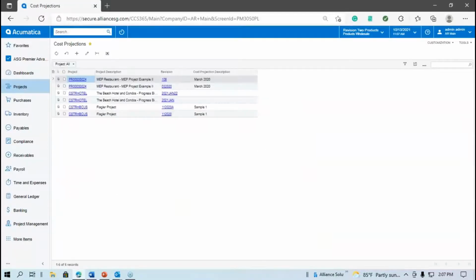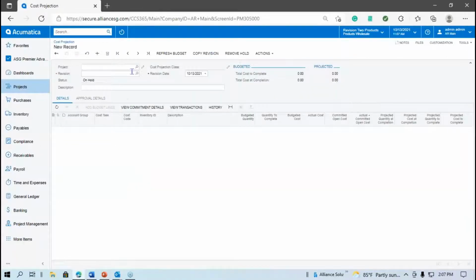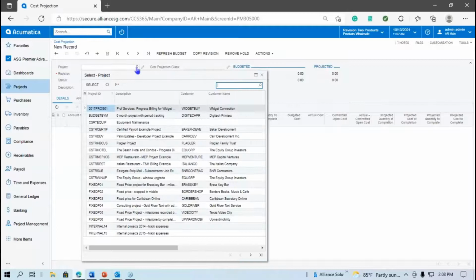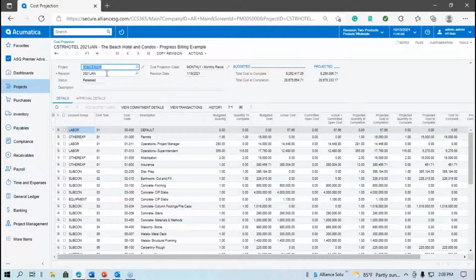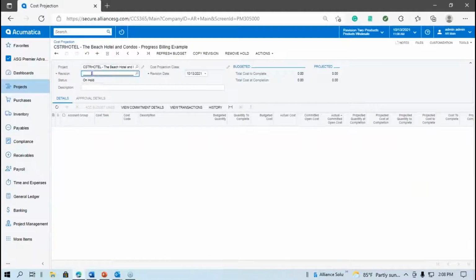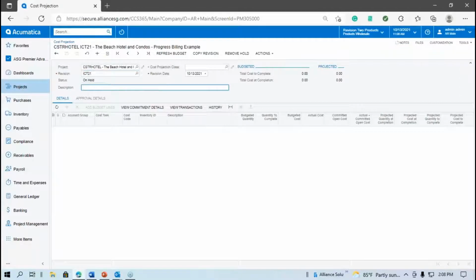So I'm going to open up that screen real quick, and we can go in and I'll just create a new one. So I'm going to select the project. We'll do the hotel. And what I typically like to do, guys, is go through and create different revisions. So anytime I want to, I could do a revision. Now, cost projections are usually done monthly, right? So a lot of our clients will put in maybe October 21. So we have that information in there. We can put October